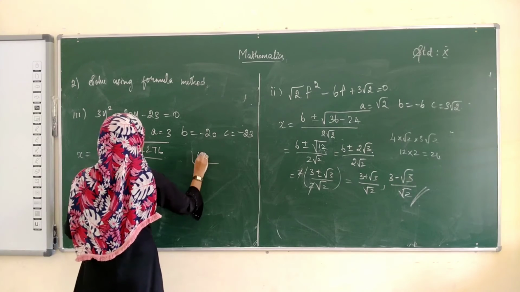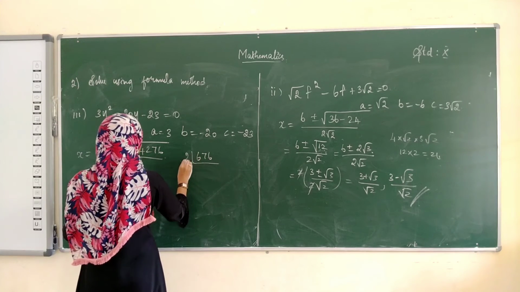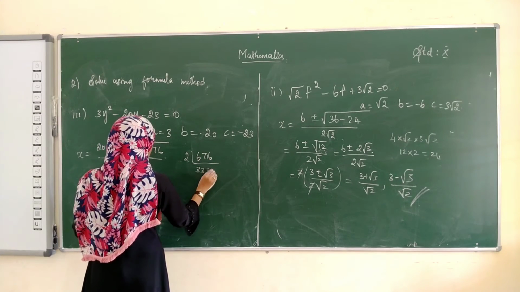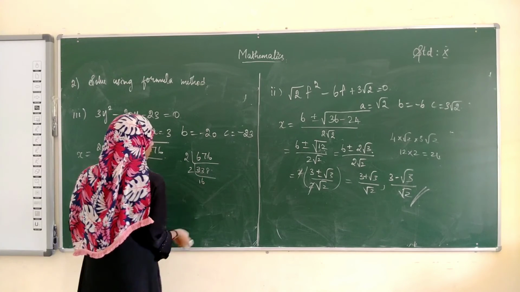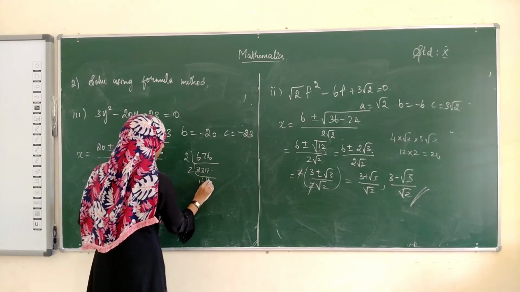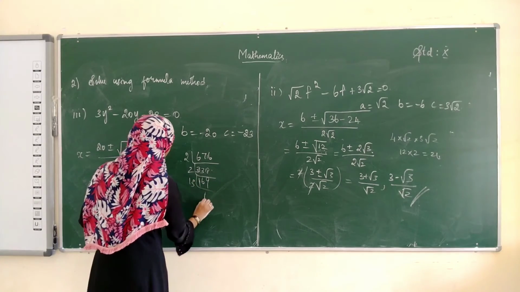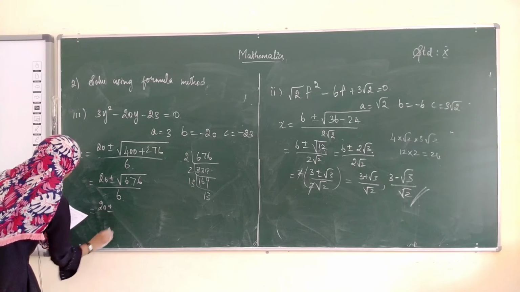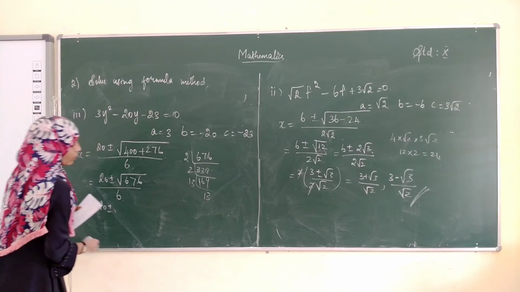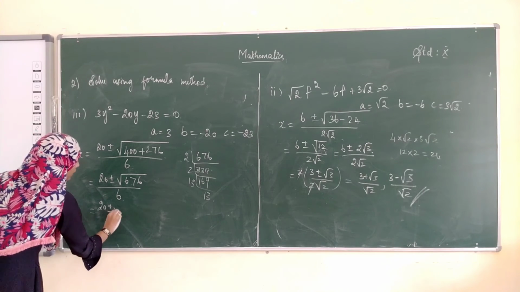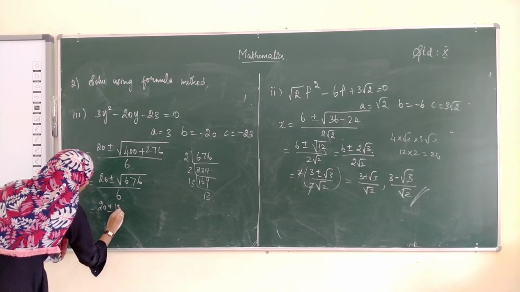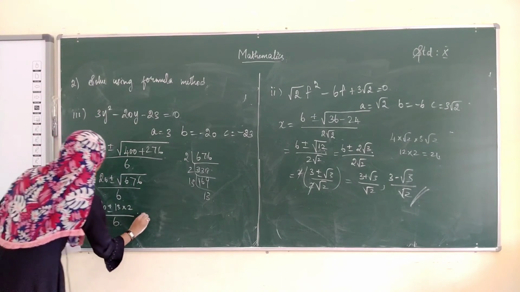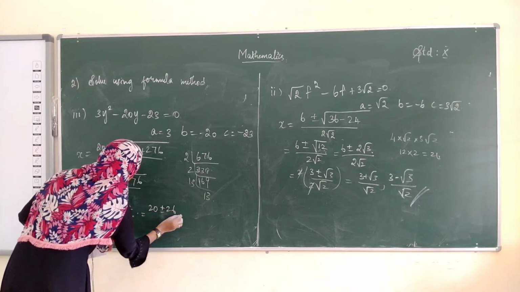So we have to do the square root. Root of 169 is 13 into 13. This can be written as 22 plus or minus root of 13 into 4. This is how we have to write it, that is 13 square into 2 square, so we get 13 into 2, divided by 6. 13 twos are 26, therefore 22 plus or minus 26 divided by 6.